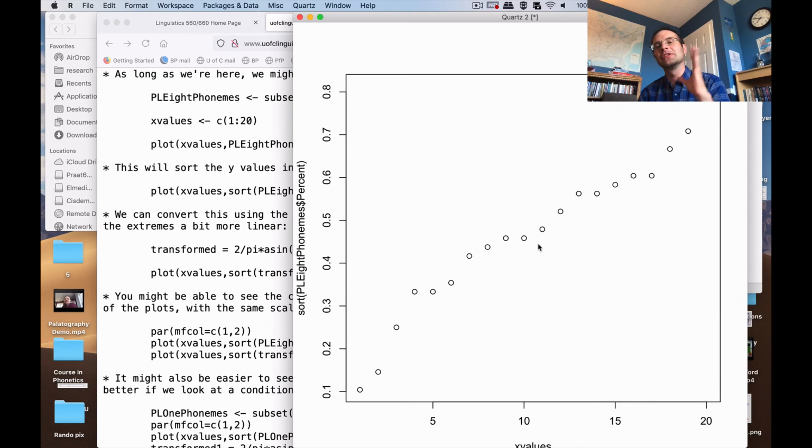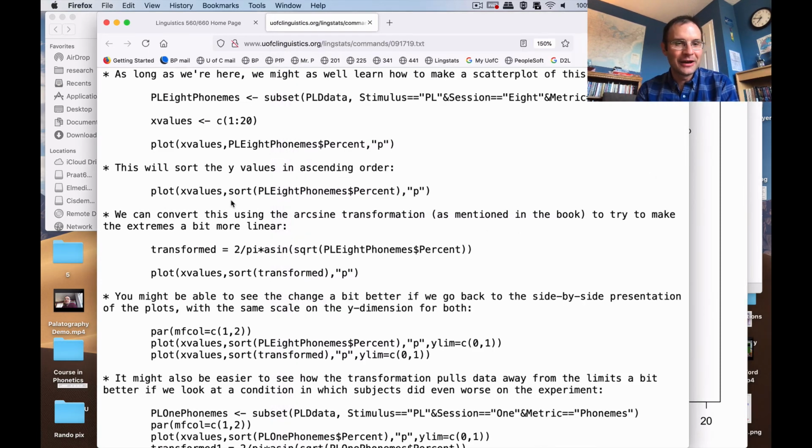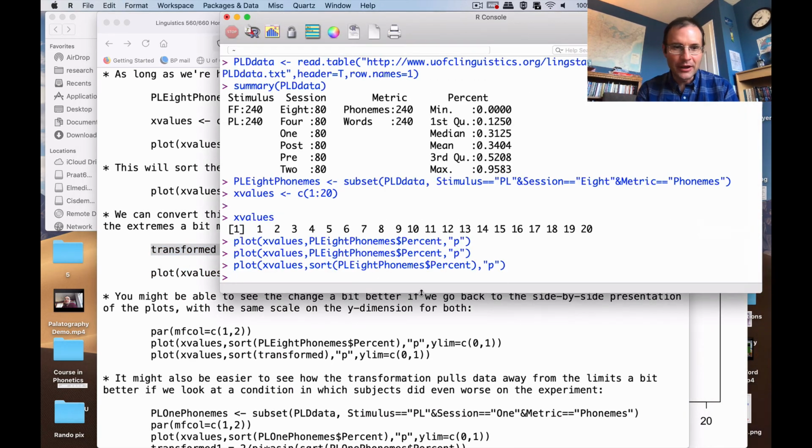Now, it's recommended that you not do it, but just to see what the effects of this transformation are, I'll show it to you in this particular video, and then say probably don't use it at this point in time. When you read older papers, you might see other people have used it, but just try to avoid it for now. And what we're going to do is use this formula to take our percent correct information here, and